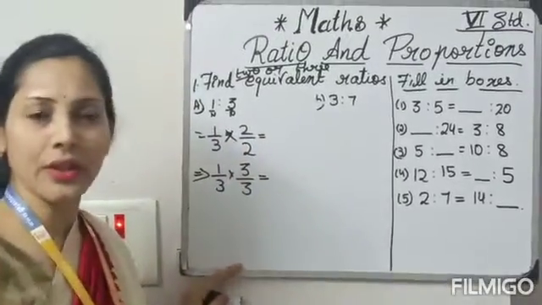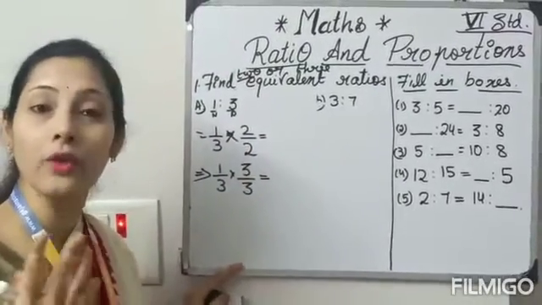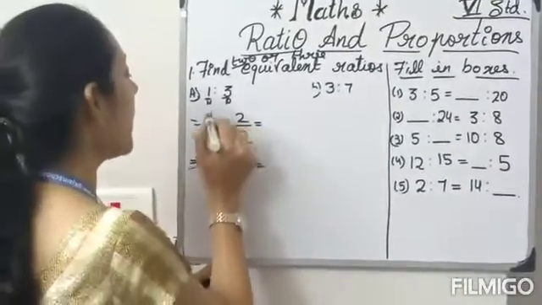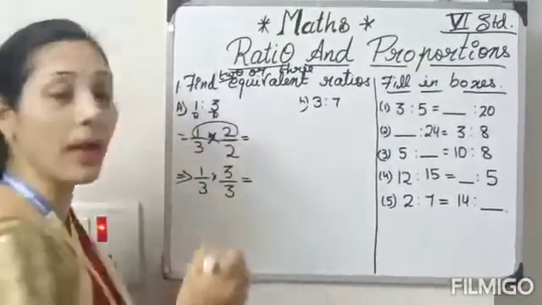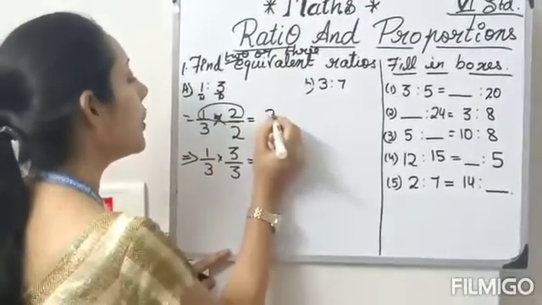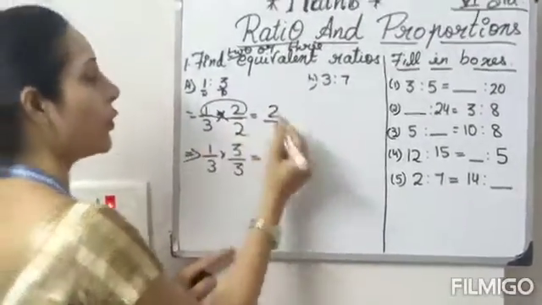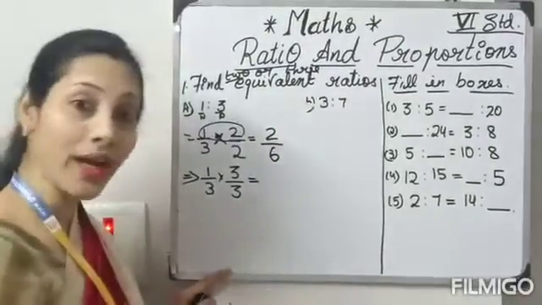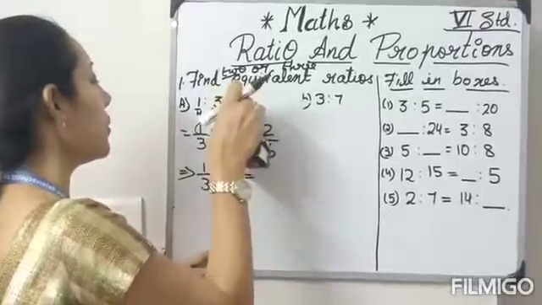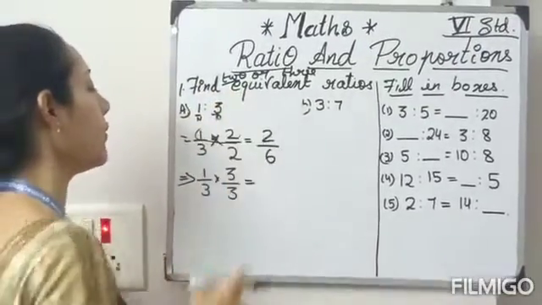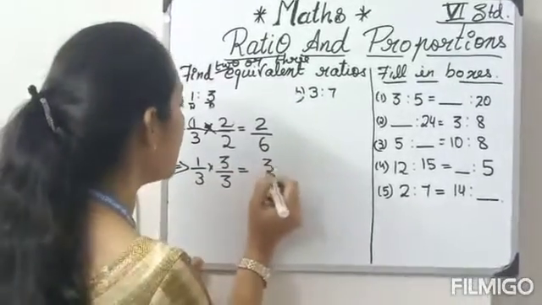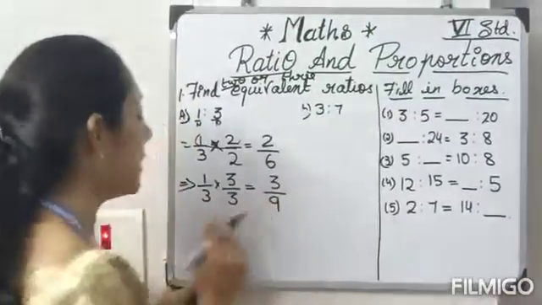In multiplication, the first thing is we need not calculate LCM. Nothing we have to do. These two numbers, numerator, multiply it out and write down the answer. That's it. So 1 into 2, 2. 3 into 2, 6. So this is your answer. Very easy, no? Then 1 into 3, 3. And 3 into 3, 9.